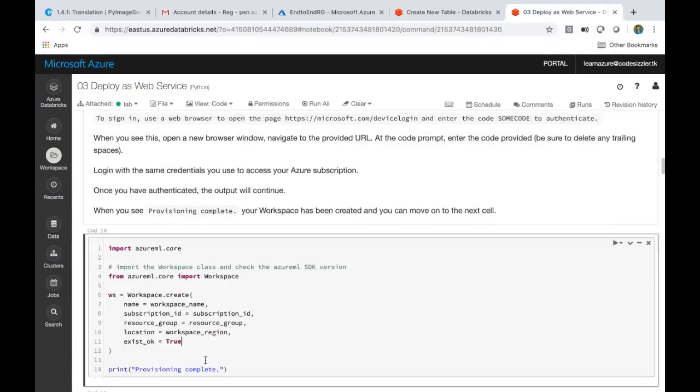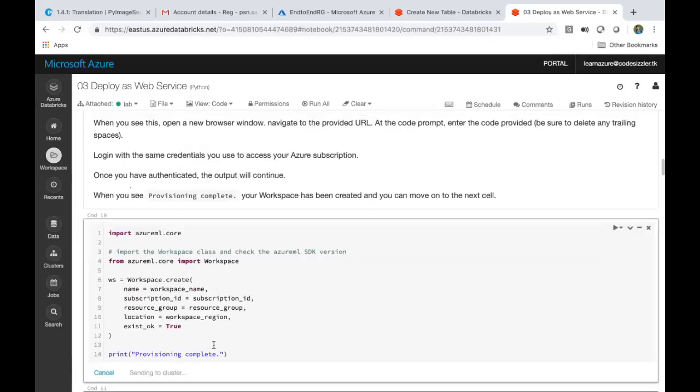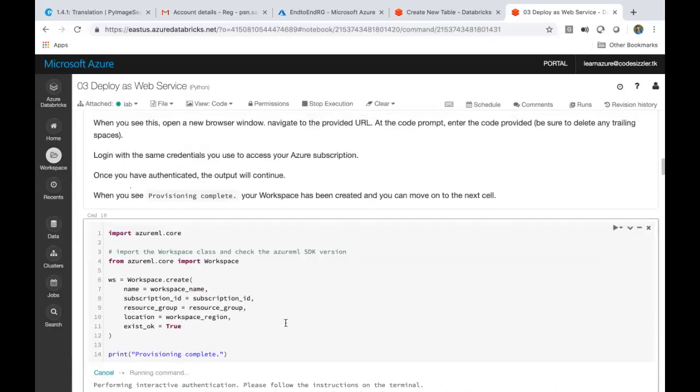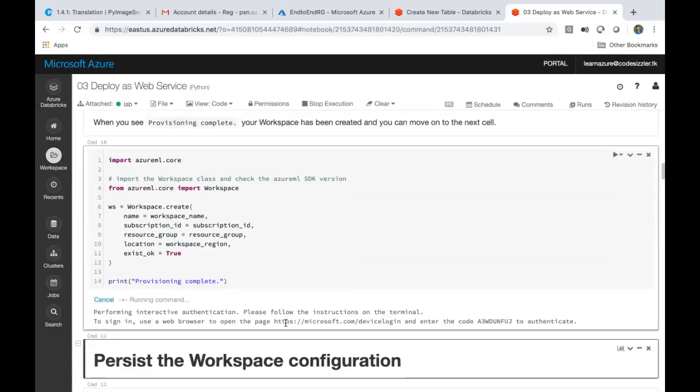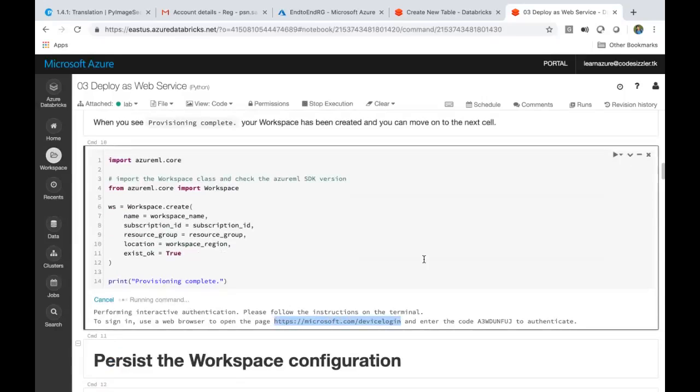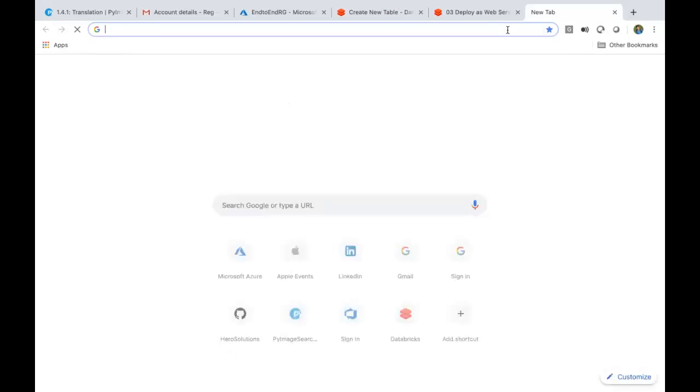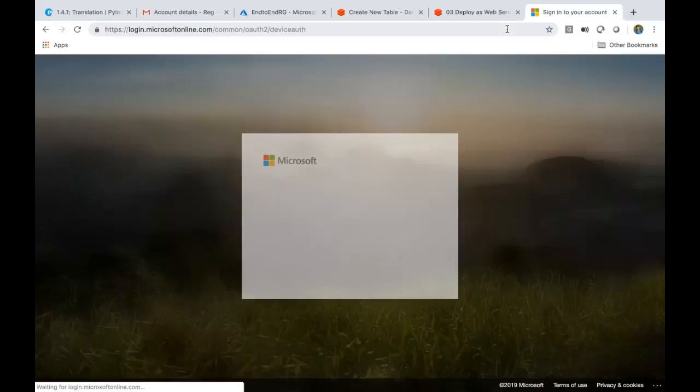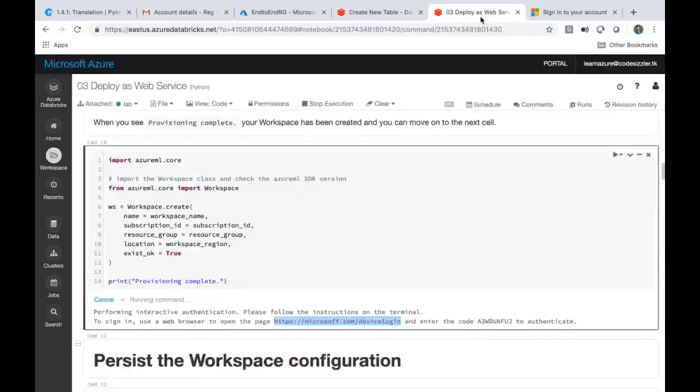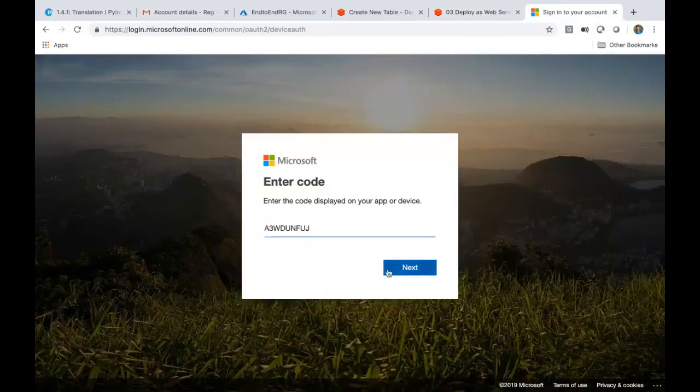When I say execute, it'll ask me for authentication because I'm trying to do it from a third-party instance. It'll ask me to authenticate, so I'll copy this URL here. This is only a one-time activity. I'm doing it from an external system, right? I'm trying to access and create something from my different account, not from your portal. So it'll ask you the first time to authenticate that you are doing it from authenticated systems. Say next. So you'll be done here.